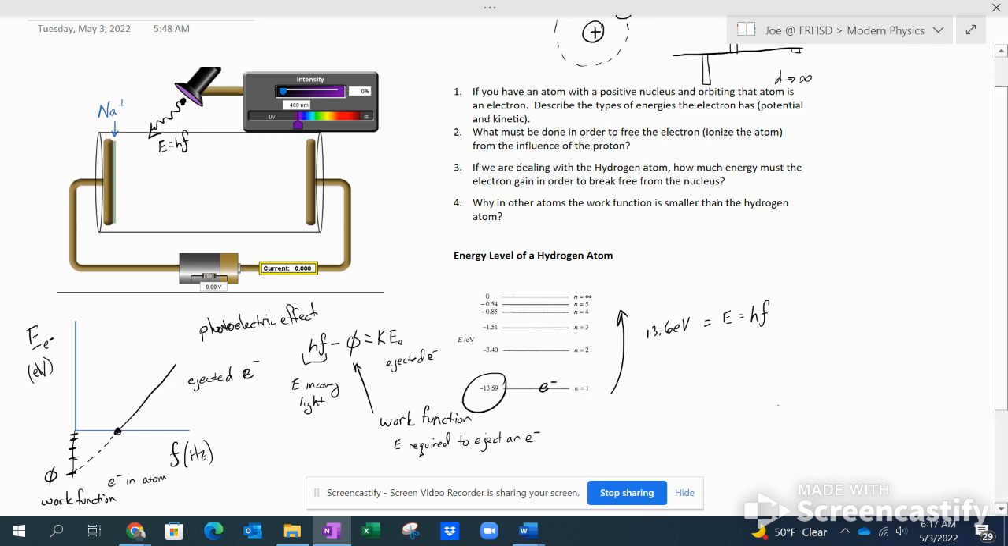So we will discuss how to use this equation. Kinetic energy is equal to the energy of incoming light minus the work function, or the energy required to eject